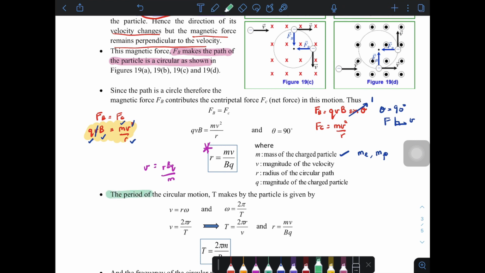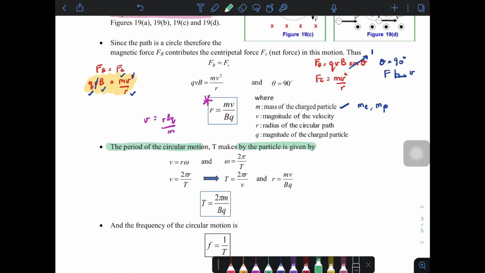Okay, the period of the circular motion made by the particle is given by, okay, kita tahu velocity is equals to r omega dan omega is equals to 2 pi over T. Okay, so V is equals to r omega and omega equals to 2 pi over T. So we just substitute V is equals to r 2 pi divided by T. So kalau kita nak cari T is equals to 2 pi r over V,